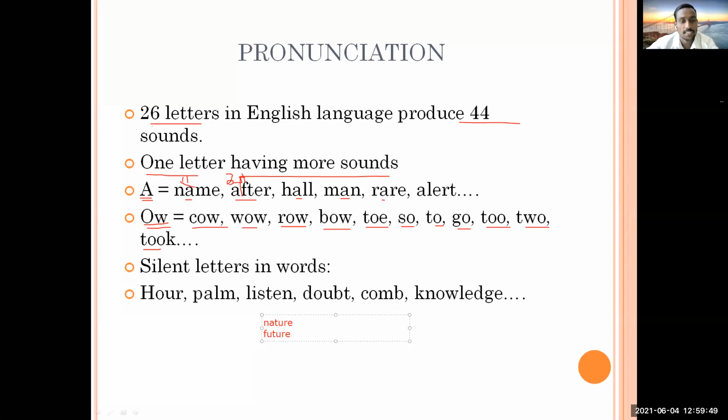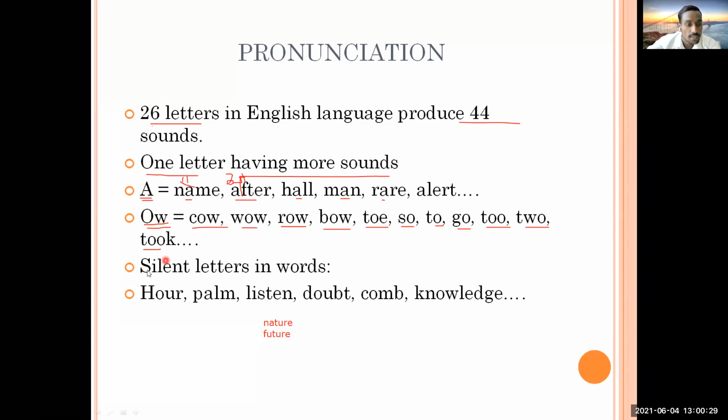So we have to understand this nature. If you ask me why we should call it nature, I don't have an answer for this. Why we have to call it nature, or why should we call it future? I don't have an answer. But because we are following someone else. I followed my teachers, you follow your teachers, and it has come to us from convention. So this is the way native people call nature, so we are calling nature. Native people are calling future, so we are calling future. So this way we have to understand that in English words, pronunciation and spelling have a lot of variation and we need to understand it.